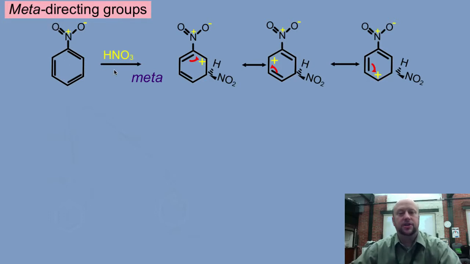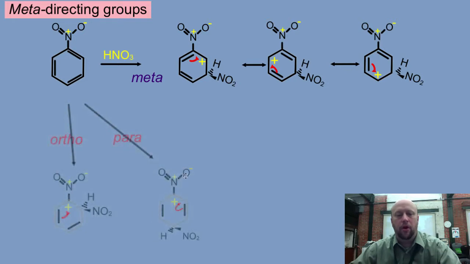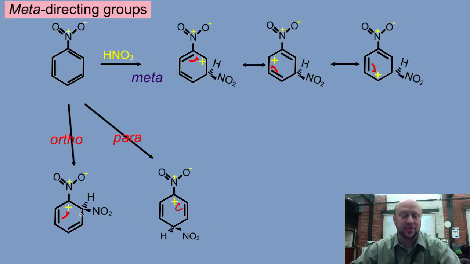So what happens is that if I try to nitrate that again, we want to shift things around in the resonance. So when I'm adding things on, remember you're always forming a carbocation. And what we don't want to form here is a carbocation where the plus is near the plus that's already on the nitrogen. And if we look real quickly at our ortho and our para positions, one of the resonance structures, and I did not draw them all because I was trying not to clutter up the slide as much as I did in those previous slides, but one of the possible resonance structures, whereas in our ortho and para